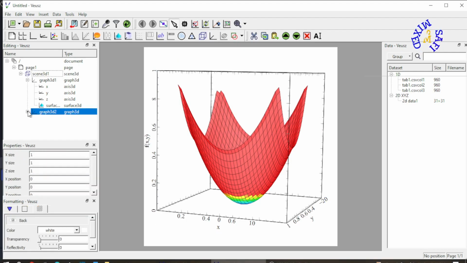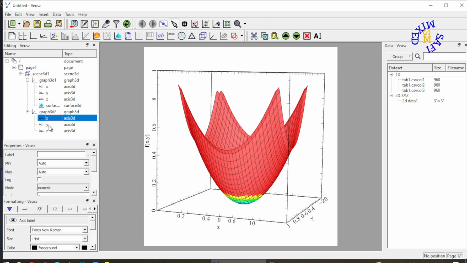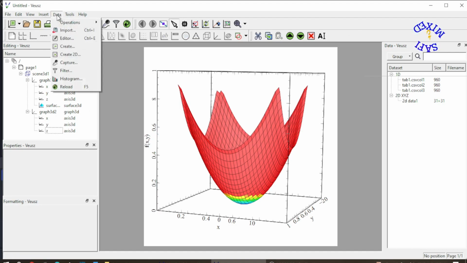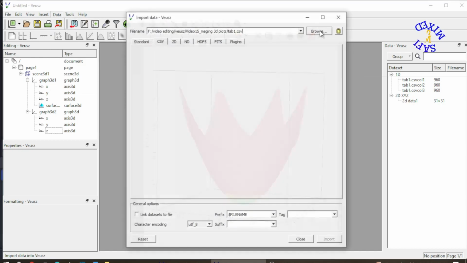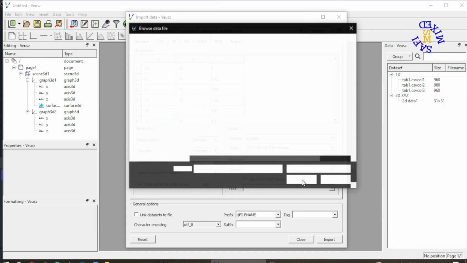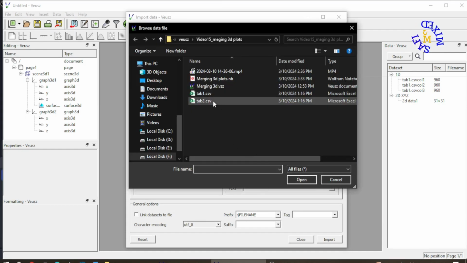And if I click the positive sign, again I have x, y, and z axes. Since these axes are already labeled, I don't give any label to them. And now I want to import the data for the second surface plot. I come back over here, I browse the data and go to the folder where I have saved my data,